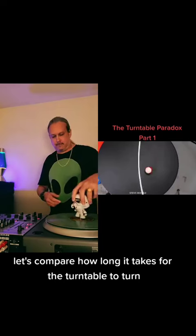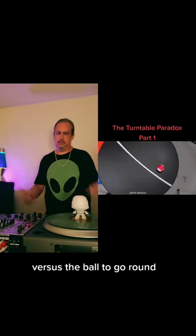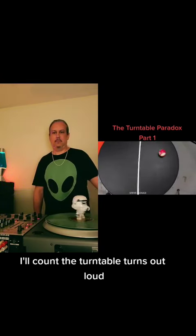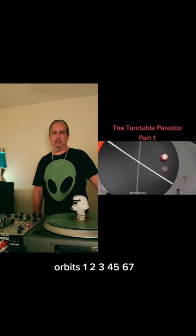Let's compare how long it takes for the turntable to turn versus the ball to go round one of those circular orbits. I'll count the turntable turns out loud. You keep an eye on the ball orbits. 1, 2...